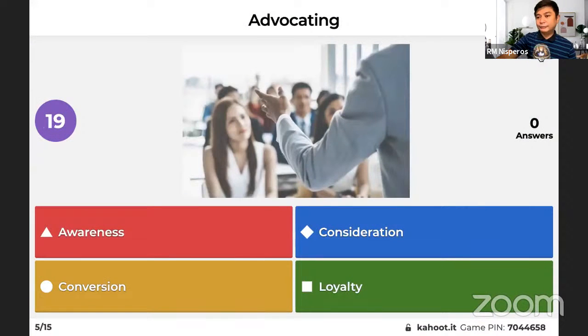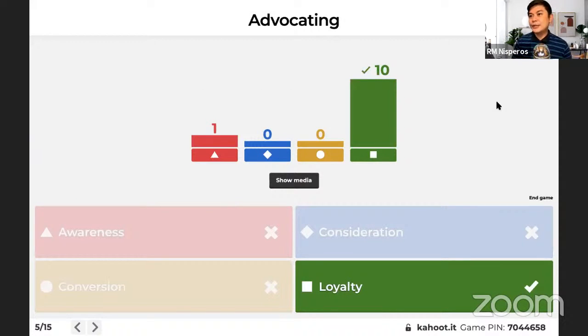Ito madali. Advocating. So, pabilisan na lang 'to kasi madali yung question, eh. Pabilisan na lang kasi ang points in this game, mas mabilis ka sumagot ng tama, mas mataas yung points. So, advocating is loyalty. The ultimate goal in marketing is relationships.